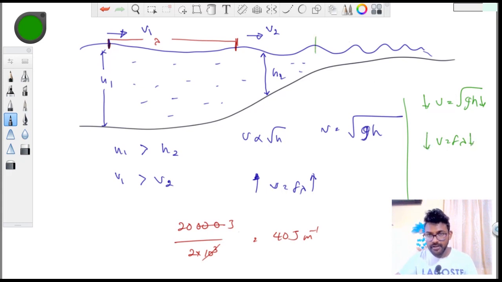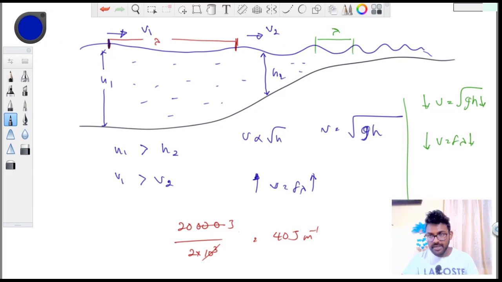Now you can see the lambda is approximately this much, right? So what happens? The length of the wave reduces. Then what happens to the energy of the wave? Well, it was distributed over a large length when the wavelength was larger. But now the wavelength is getting smaller and smaller. Then the energy that was in the wave gets concentrated to a shorter length. Then what happens? If you remember, the energy of a wave depends on the amplitude. Higher the amplitude, higher the